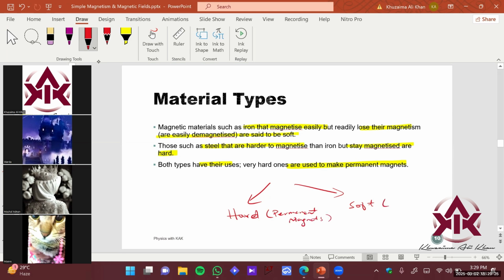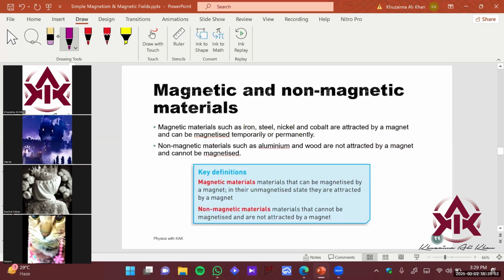And soft ones are also called temporary magnets, right? An example of the type of material which are called hard material is steel. And the example of soft material is basically iron, right? This is a summary of what we should know about the types of materials here, right? So now let's go on to another type of content, that is magnetic and non-magnetic material,